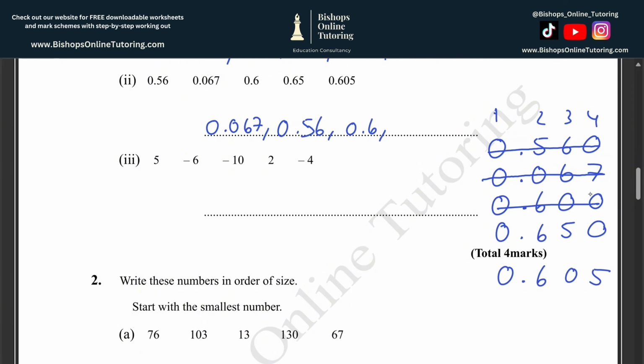Now that leaves 2. Now, if we go back to looking at the third column, we can see that we've got a number that has a 5 and a number that has a 0 in its third column. Everything else before it is exactly the same. This one has a 0.6 to begin with. This one has a 0.6 to begin with. So which one's going to be the smaller number? Well, clearly it will be 0.605. And then by rule of elimination, we've only got one number left, and that is 0.65, and that will be